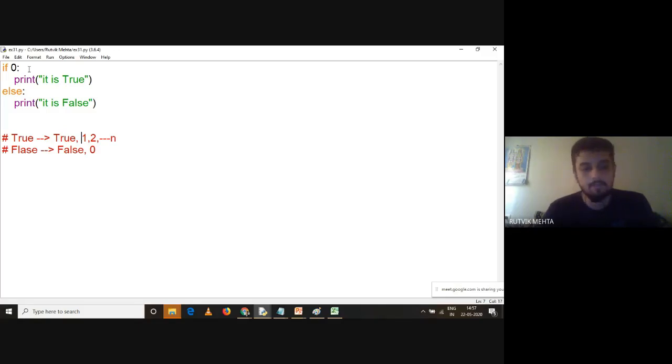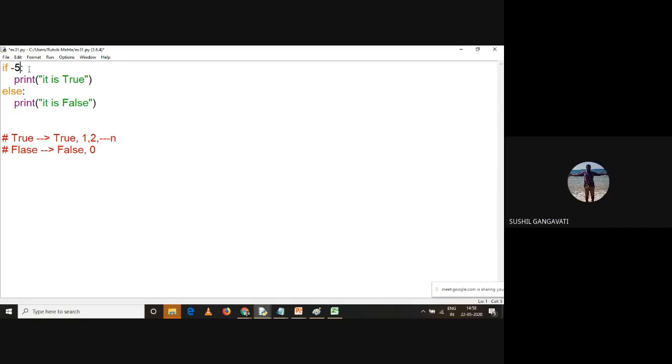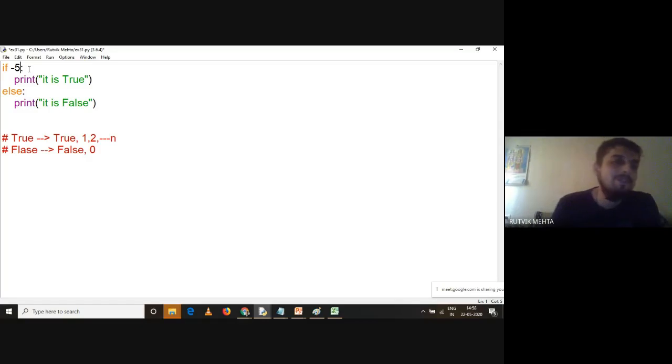Now this is all about positive numbers. What about negative numbers, right? So say for example, here I am saying -5. The positive were true. What about negative? We have seen that positive numbers will give you true. What about negative? Any wild guesses from your side? If I choose a negative number as condition, what is going to happen? I want an answer from you. Sir, it will be true. It will be true again, yes, right? So it doesn't matter whether it is positive or negative. So here I'll say plus or minus. Plus or minus any number except 0, they are always true, right? Understand this. This is very important, right?